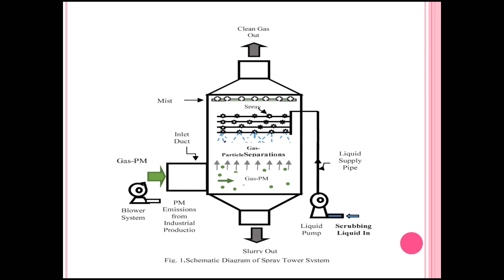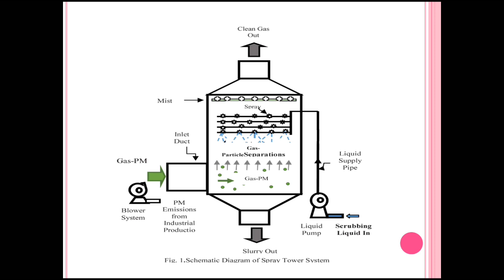So here is the diagram of the spray tower system, where the pH is balanced and the nitrogen gets removed. At the right hand side there is the blower system, and the inlet in which the water is inserted, and there is the liquid supply pipe which allows the liquid supply, meaning scrubbing liquid. That liquid pump is raised and then sprayed into the gas particle separation, where the gas particles get separated into the water whenever they are sprayed by a